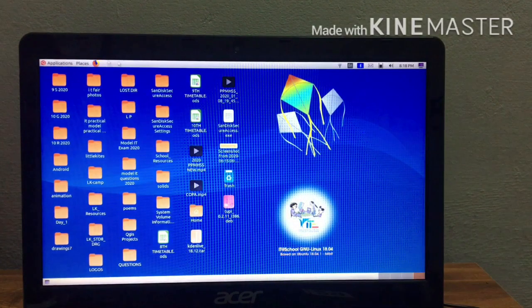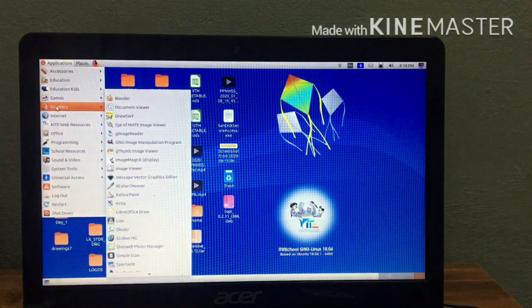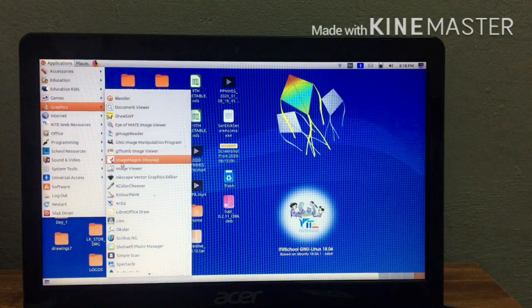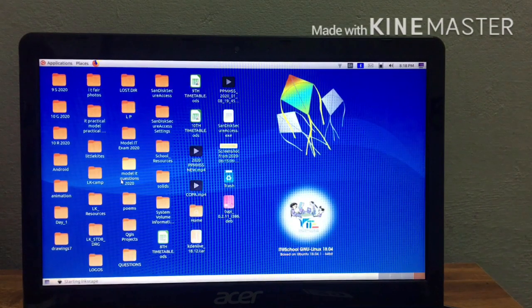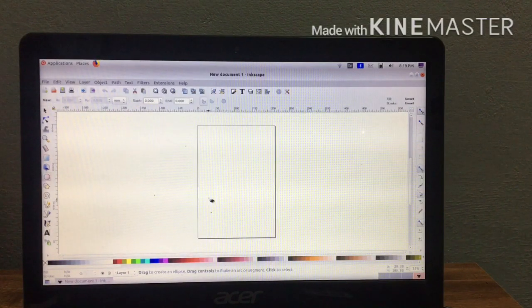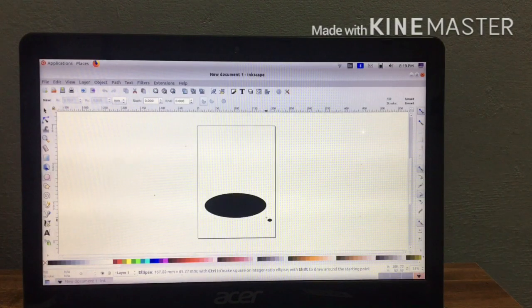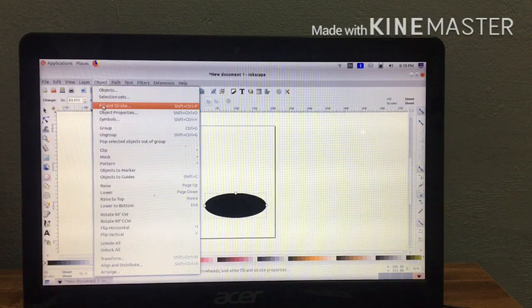First you have to open the Inkscape software. Go to application, graphics, Inkscape, then open it. First take the circle tool, click on the circle tool and draw an oval shape. Then go to object, fill and stroke, click on fill and stroke.